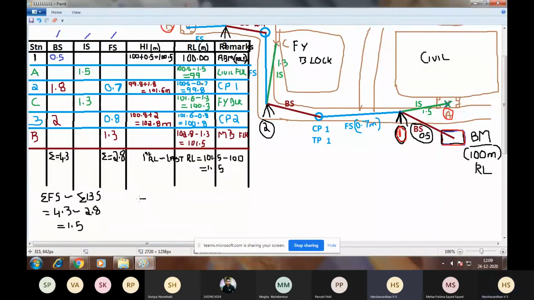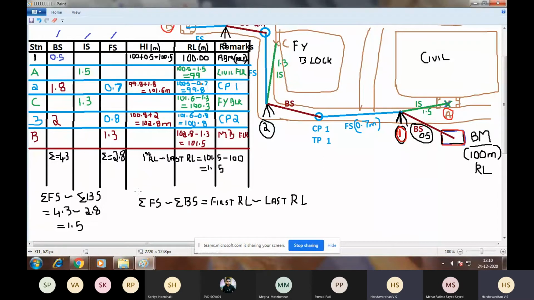The difference between the summation of backsight and the summation of foresight is equal to the difference between first RL and last RL. If these values match, then your tabulation is correct.